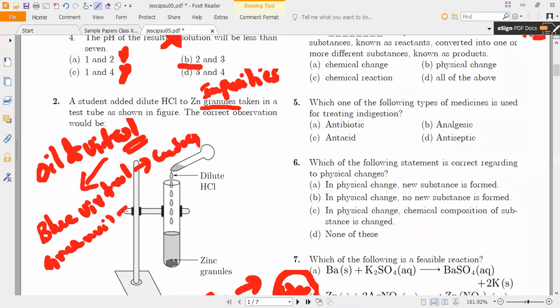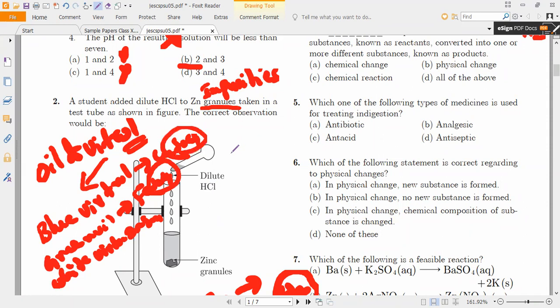Green vitriol, what is it? FeSO4. Next, what is the white vitriol? Zinc sulfate, ZnSO4. So here you can see it is a vitriol, oil of vitriol. It means definitely SO4, sulfate, is present.